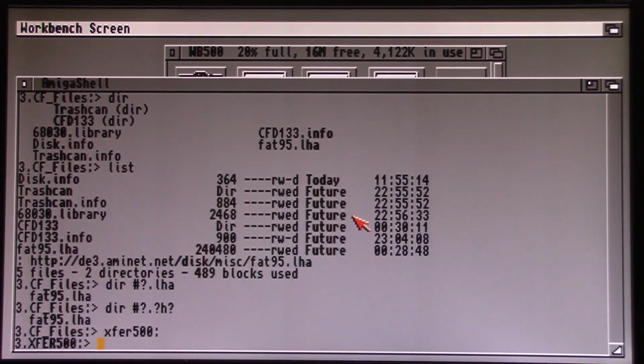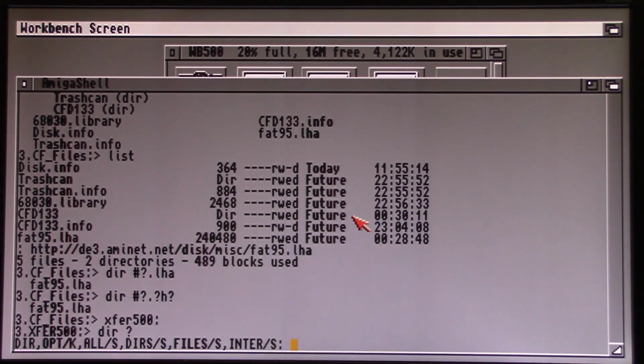And with the commands like dir, if you don't know what sub options you can use, you type in the command and then a question mark after it. And you can do that for almost any command with Amiga DOS. This tells me I have options of like all, dirs, files. So if I want to do